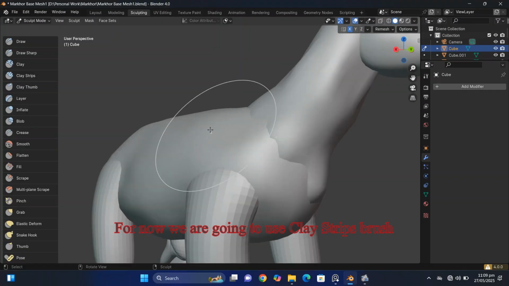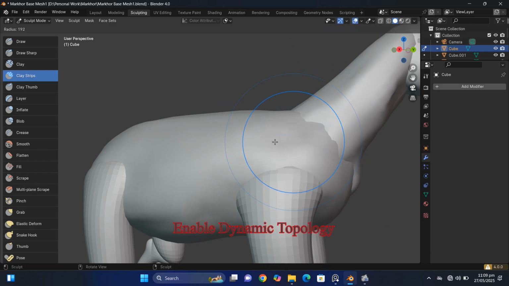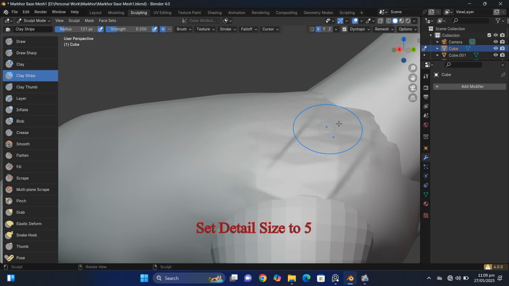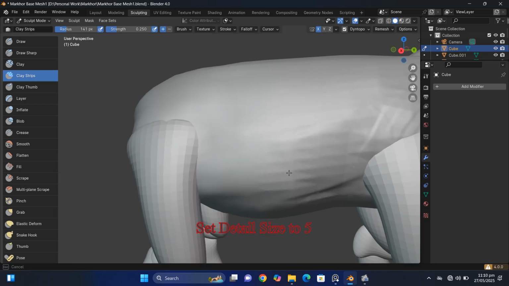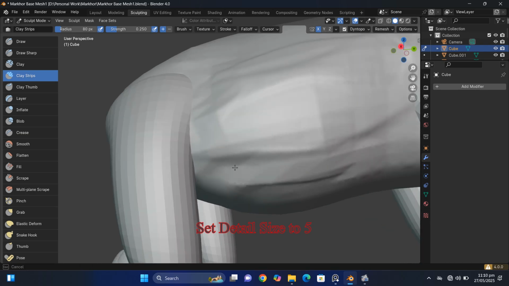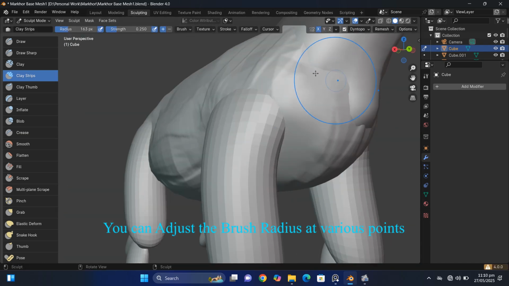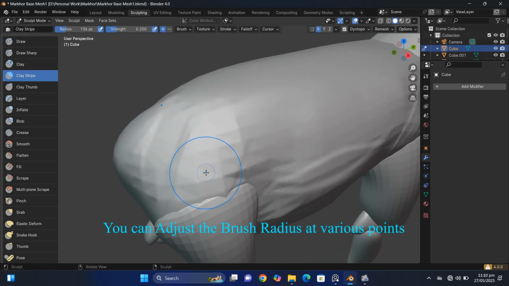Now first go into Sculpt mode and the Sculpt tab, then start sculpting the main body. Make sure to enable symmetry, Mirror X, and use the Draw brush for both sides. Add basic proportions of the Markhor